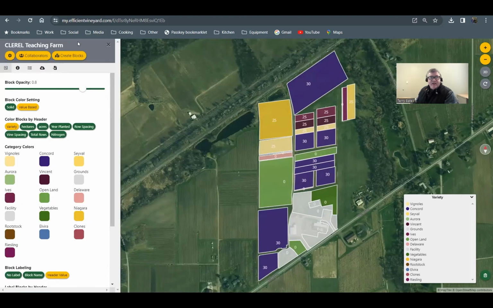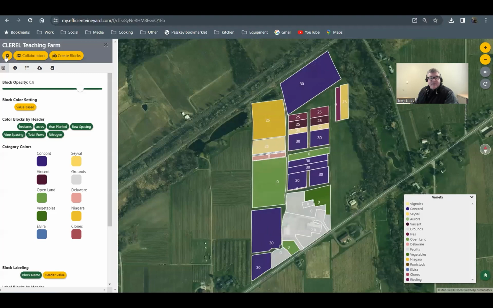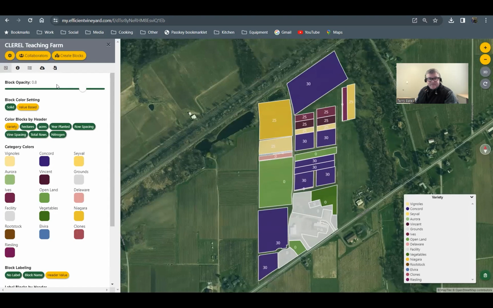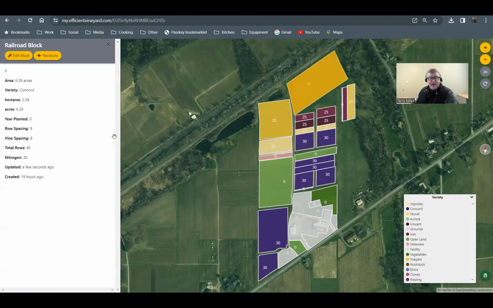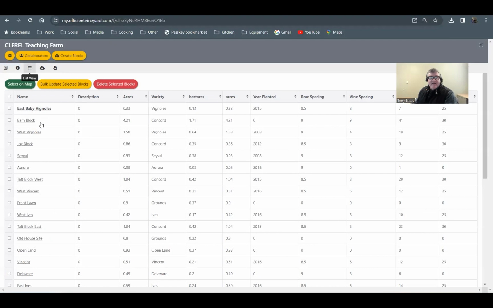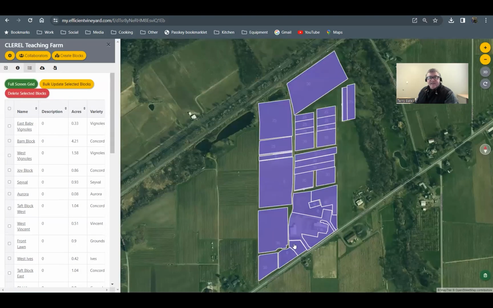You go to under your farm button, you go to your settings. Here are all your attributes. I created the attribute of nitrogen, and then I updated the values within that by either clicking on an individual block and editing the block to change the nitrogen, or I go to list view and I can select the blocks that I want to update and then do a bulk update of my selected blocks, or I select it off of the map and I click on the blocks I want to update, hit bulk update of selected blocks,